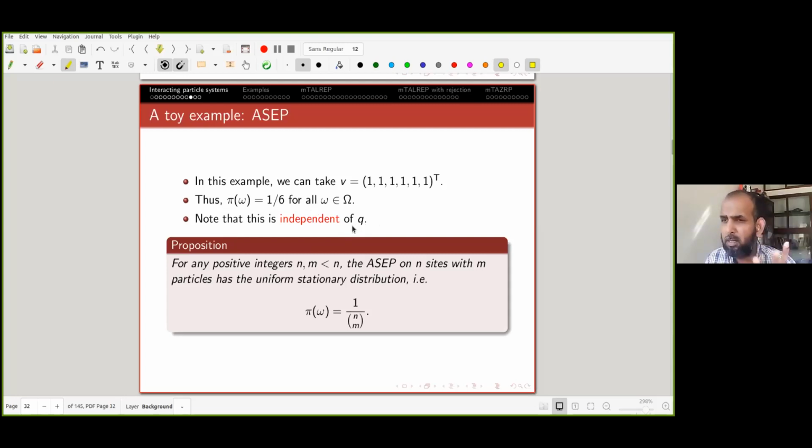And even physically, it might seem strange that configurations where all the particles are bunched together have the same probability as when they are spread out in any way. So this is a general result, and this is folklore, that the stationary distribution is always